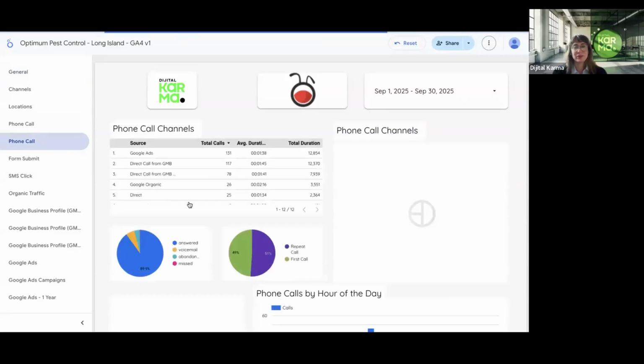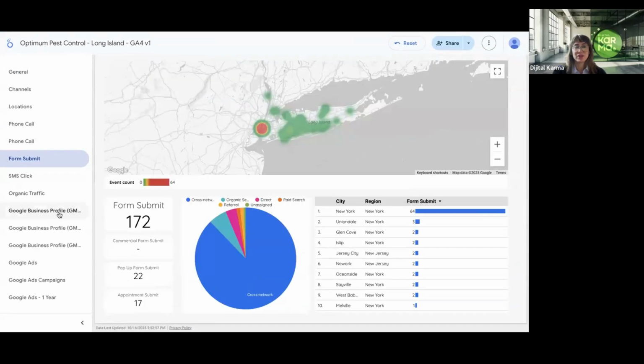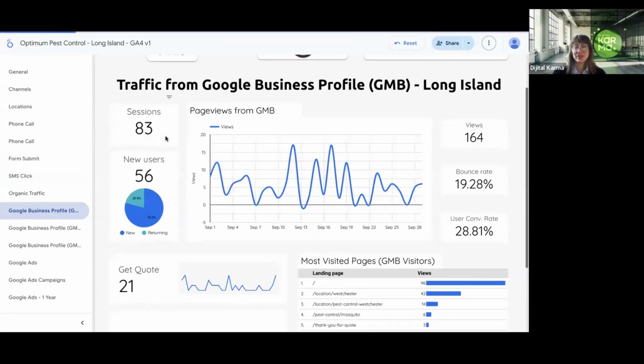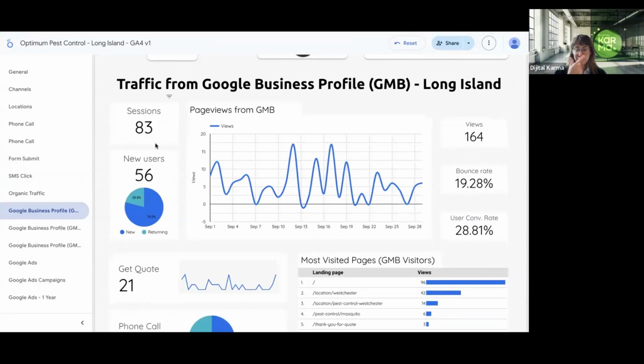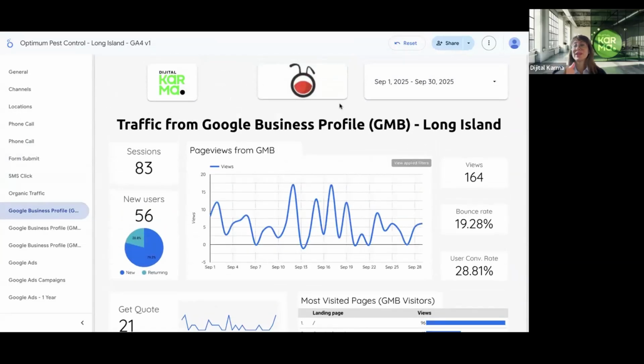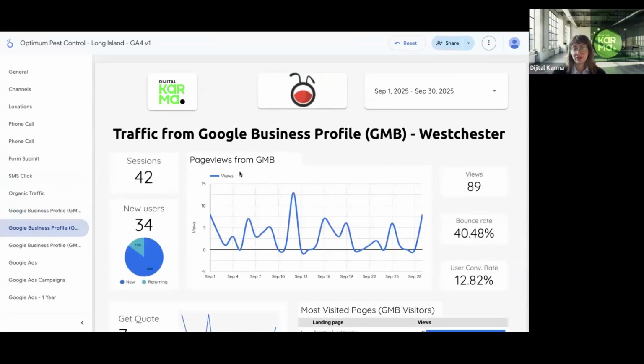Where are the calls coming from? And form submits. We can even track the traffic from each location. For a Google My Business profile, how many sessions are coming from this profile, how many users, how many quotes, how many phone calls are coming from this specific location. They also have a location in Westchester.